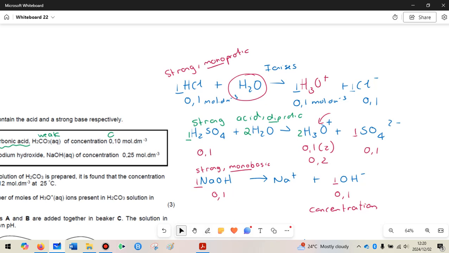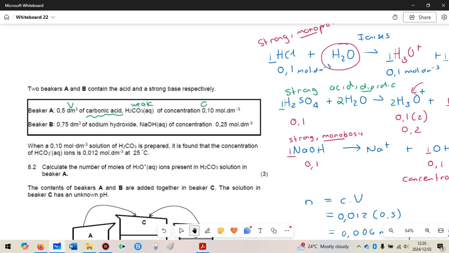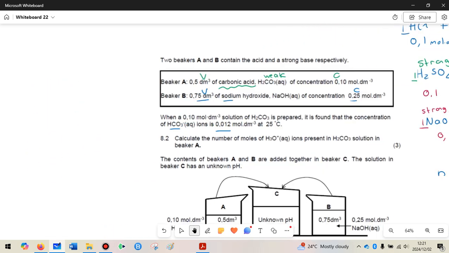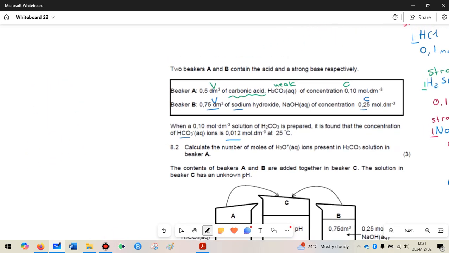Okay, so they've given us this acid in this case, which is a weak acid. Okay, they've also given us the base. They've given us the volume of the base and the concentration of the base. And then they ask us the first question. When 0.1 mole per decimeter cubed of this carbonic acid is prepared, it's found that the concentration of the hydrogen carbonate ions to be only 0.012 mole per decimeter cubed. Okay, so what does that mean? So they are reminding us that the concentration of the acid is not equal to the concentration of the ions